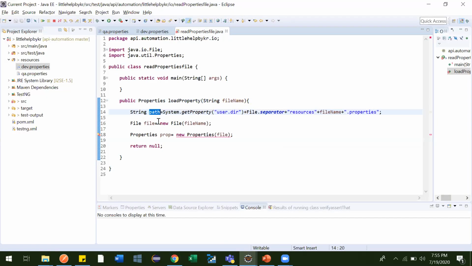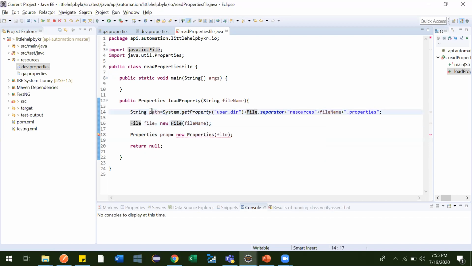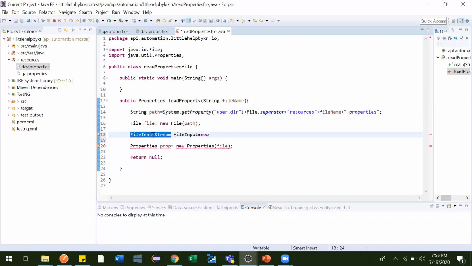Now you have that path, right? Now what we have to do, we have to create one file object. File is equal to new File, and this path we need to provide over there along with that file name. Now we have to create one FileInputStream object. FileInputStream is equal to new FileInputStream.